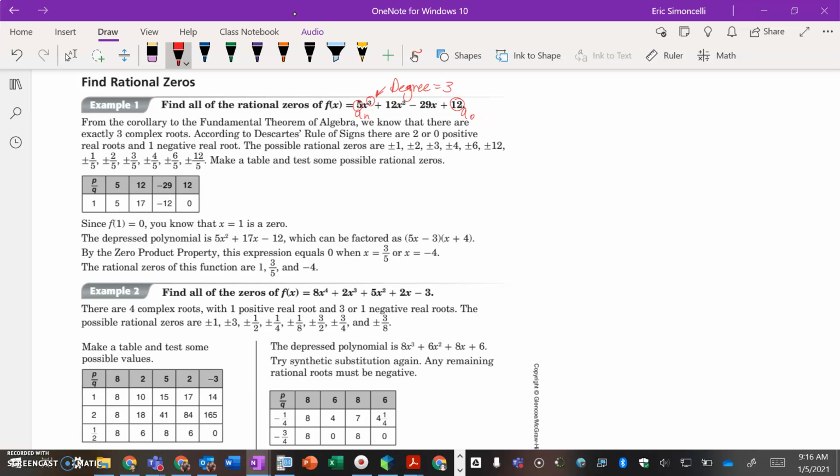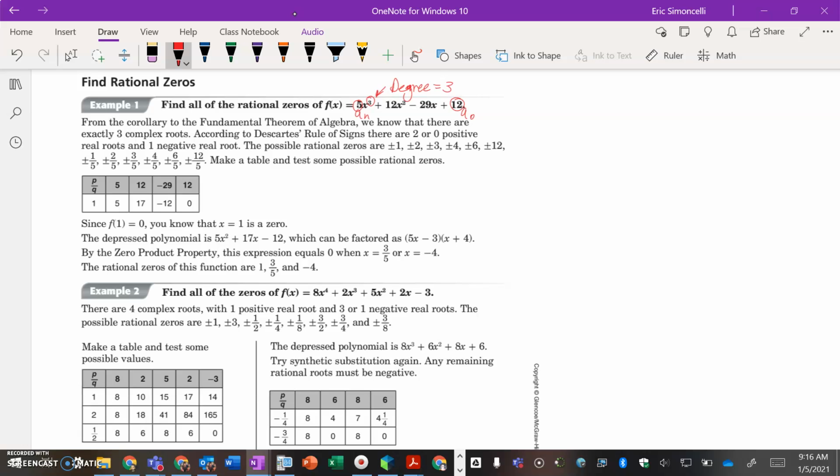So these are the 2, 4, 6, 8, 10, 12, 14, 16, 18, 20, 22, 24 possible rationals. Out of the 24 possible rationals, we can only again have 3 that actually work, and we might only have 1 that works because 2 of them are imaginary. If you do the analysis